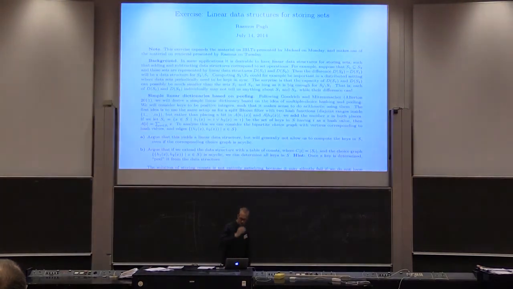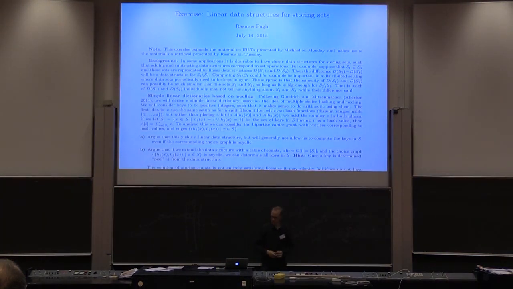Now the idea is to go to an exercise which blends something that Michael talked about yesterday, these invertible Bloom lookup tables, with things I talked about today, these hypergraphs that become acyclic. So the idea is to work out some more details and actually try to prove some of these things. So that's the plan for